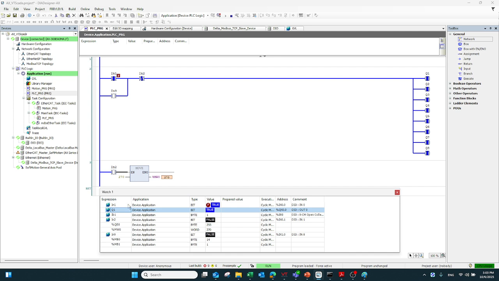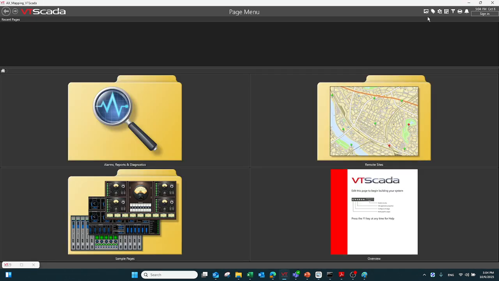Another one: right now I will move data to MW0. I input the value 270 to MW0, and turn it on. Now it has moved to MW0, and the value is 270. So if I monitor it from VTScada,